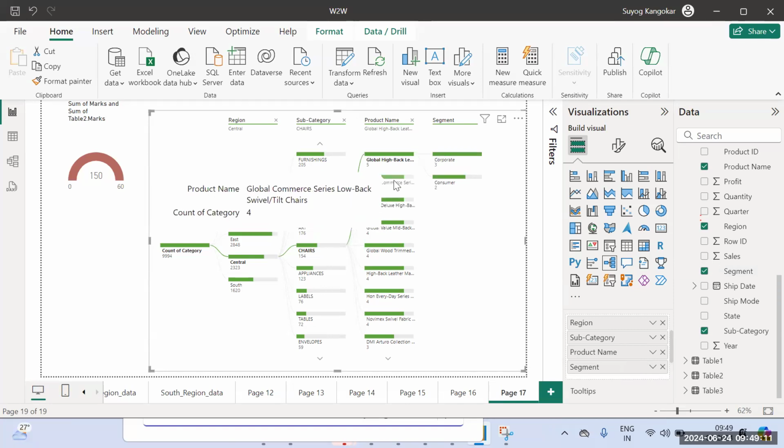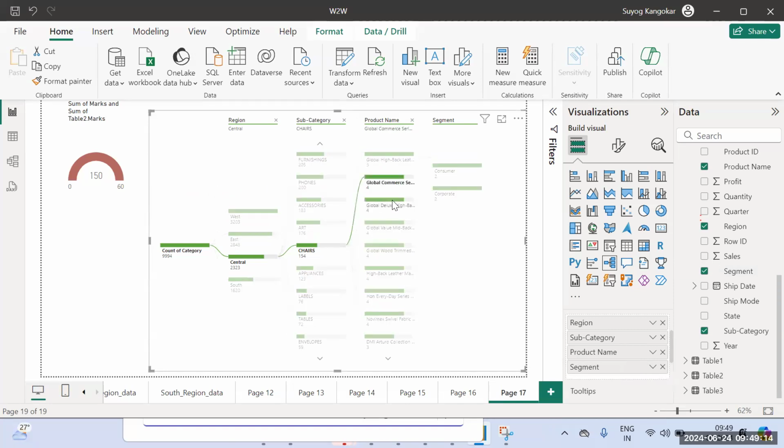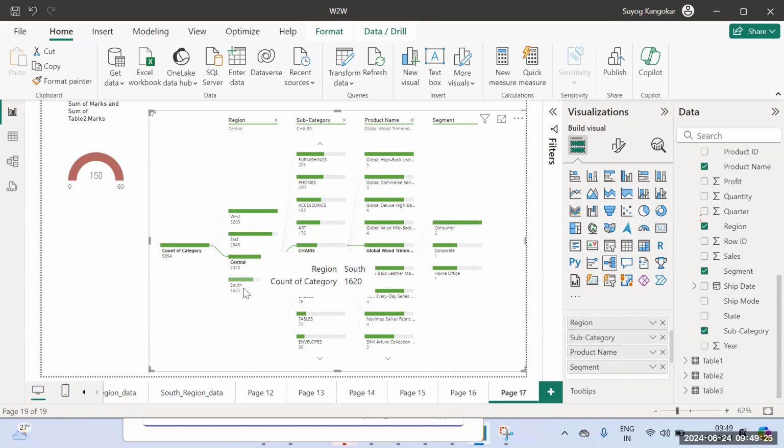Corporate, consumer layer. You know what we have? Consumer, corporate, home office. We have three out there. I want to go to south. Only corporate is there. Okay, any questions still here for today's charts? So on cards,